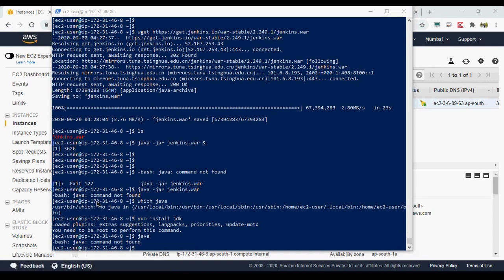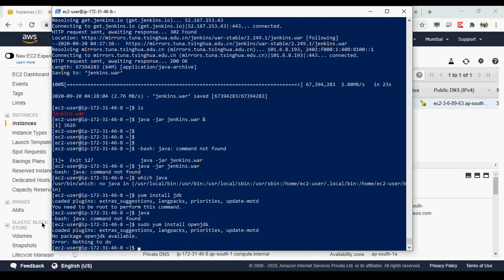Let's install JDK 1.8. I think that should be fine. OpenJDK we can also install. sudo yum install OpenJDK.